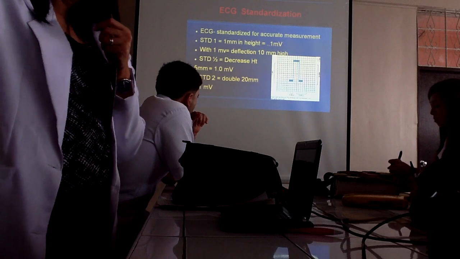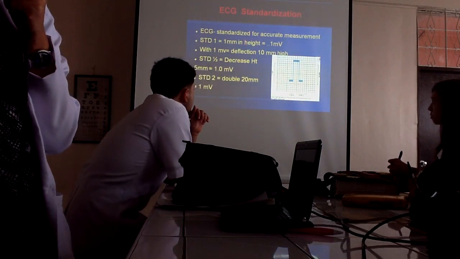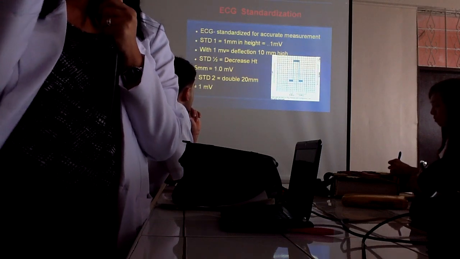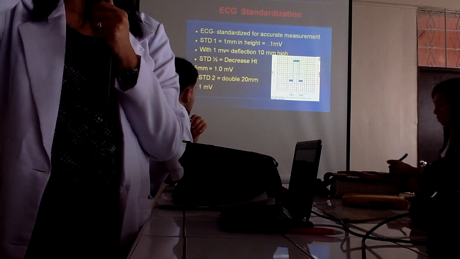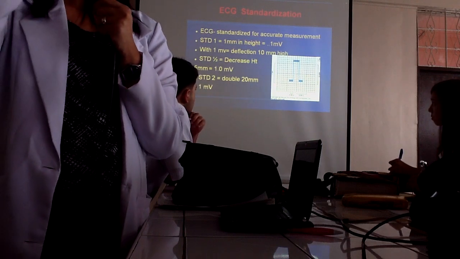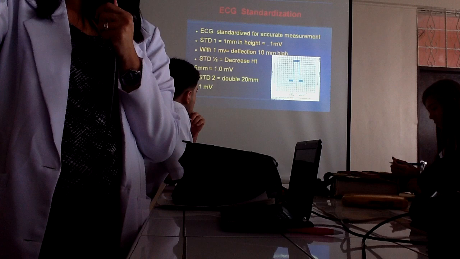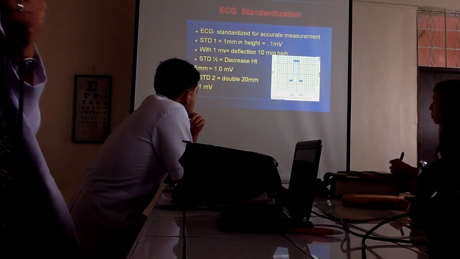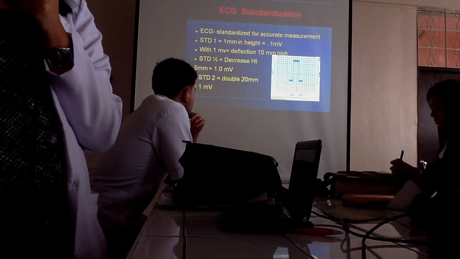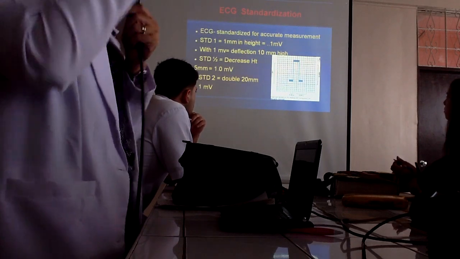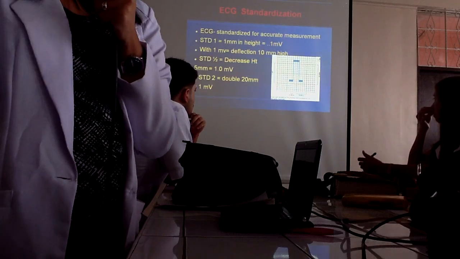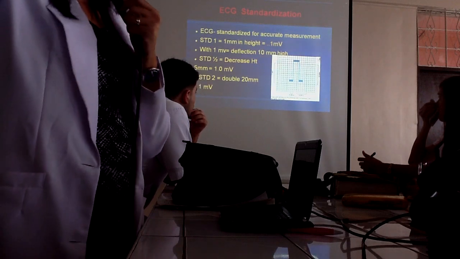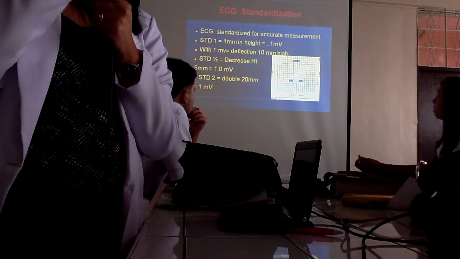Now, there are instances when your ECG goes beyond the paper. Why? Because your heart may be enlarged, you have left ventricular hypertrophy, so you cannot read it accurately. So in order for you to still get a visualized form of your ECG, you have to lower or cut into half your deflection. So that's why you adjust it to standard 1/2. And when you do that, you get the tracing that you want. But when you calculate and interpret it, you have to take note of what standard was used. If it's 1/2, it means your deflection is actually ×2 of what you see.